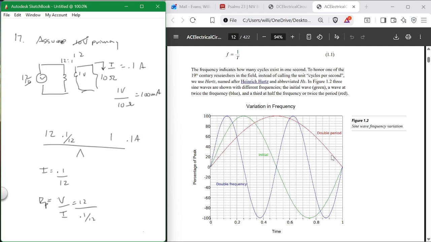Now, how do you rationalize that? How many times does it cut through the x-axis, through the 0 point, going up per unit of time? It cuts going up here, here, and here. So this one is twice the frequency of the green one, which cuts up here and again over here. The frequency of the blue one is the frequency from here to here. So how do you measure frequency? How fast does it go? How many times around does it go? So basically,